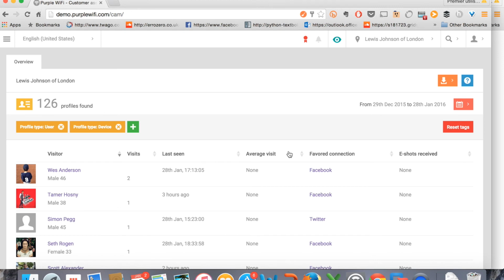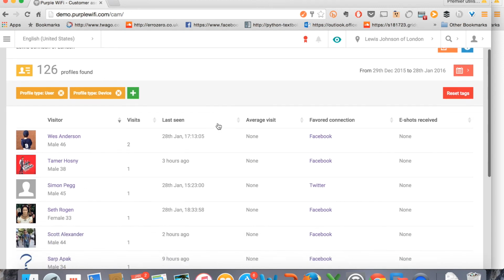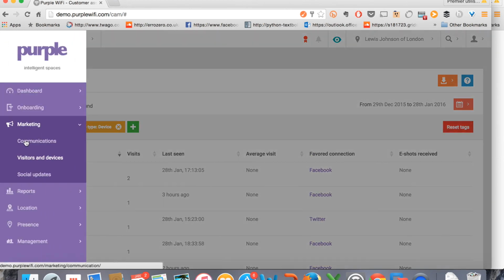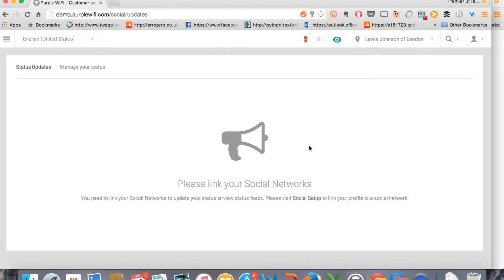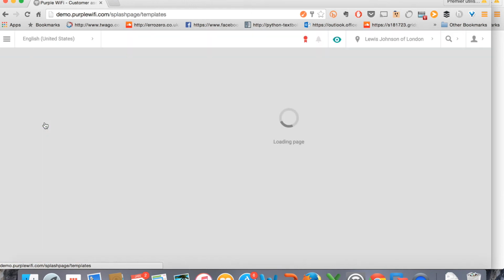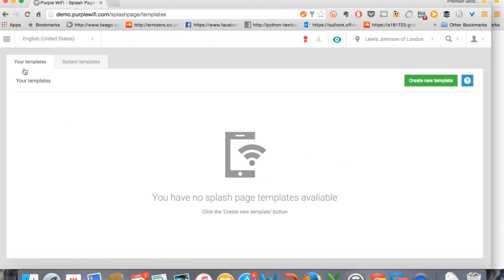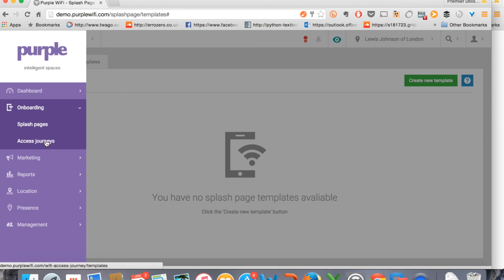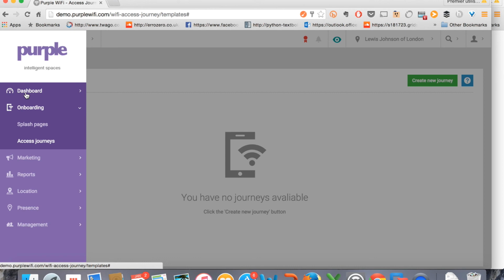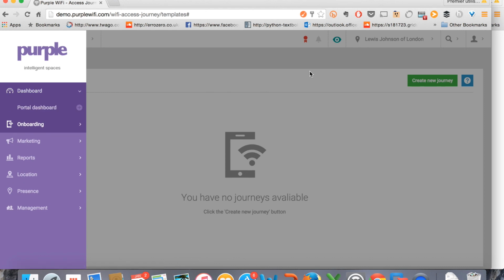Then here you can see different information on the profile of the user, if they're logged in. Here, for example, we would need to log in with your social network pages, but you can send your customers directly to your Facebook page, for example. Here it's the same. And now if we have a look at the dashboard again,